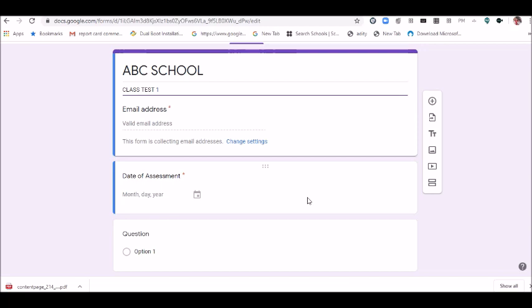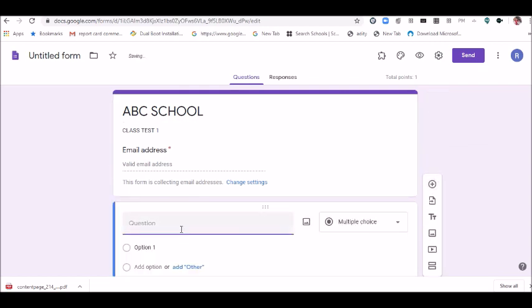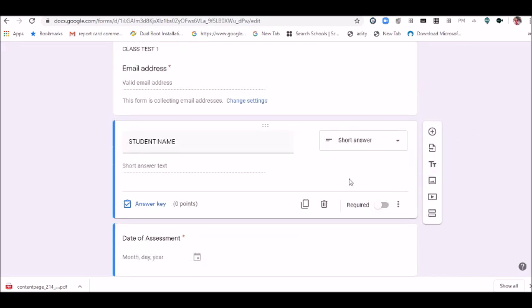So instead of adding a question, I am going to click on the plus icon here and I will write student name, and I can use the short answer option for taking the student name, and I will make this field a required field so that every child who is filling the assessment fills in his name.